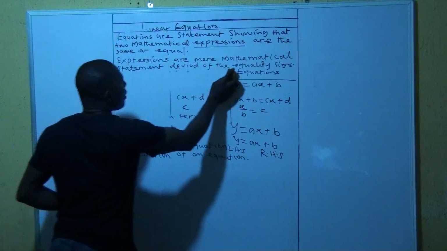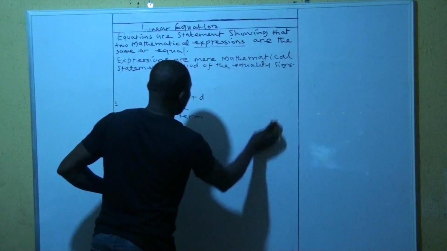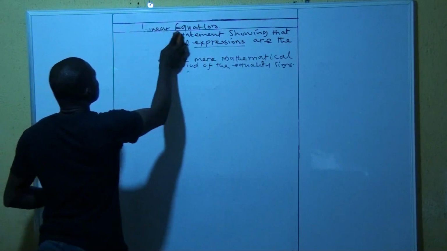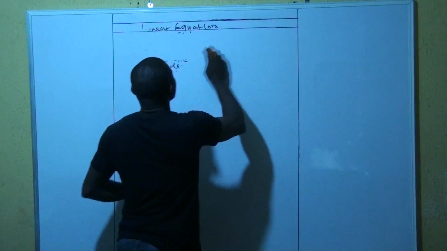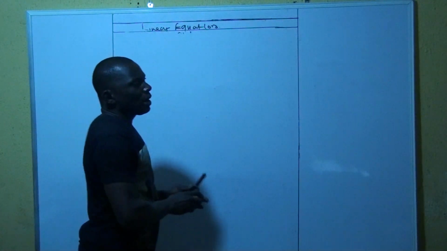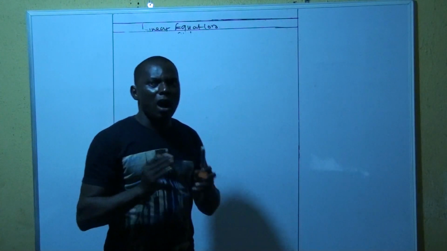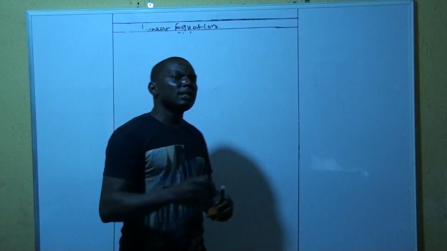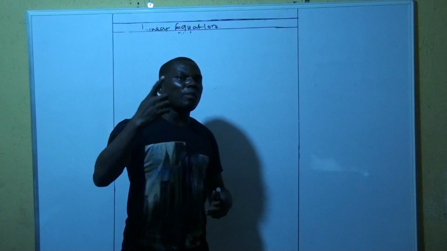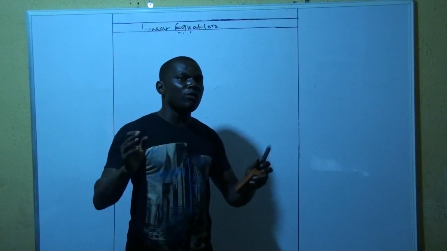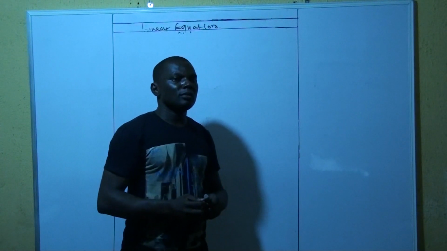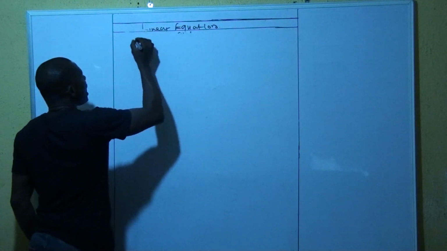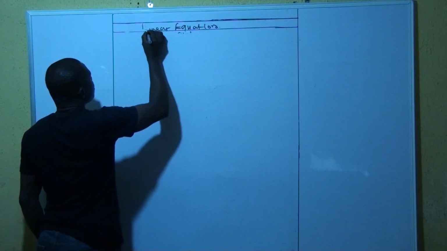Having explained all these terms, let's now move forward. Another area we're going to look at in this mathematics class is an aspect of number theory. It will enable us to resolve our linear equation with less difficulty. So we're going to look at one aspect of number theory that has to do